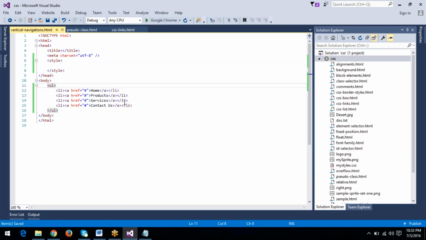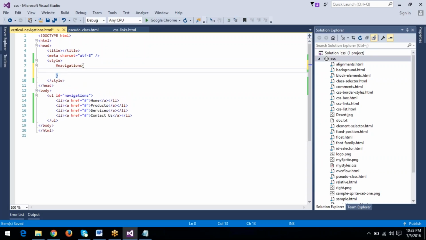We can take the ID first, the unordered list, navigations. So we can use the ID selector, navigations, and width for the vertical menu,